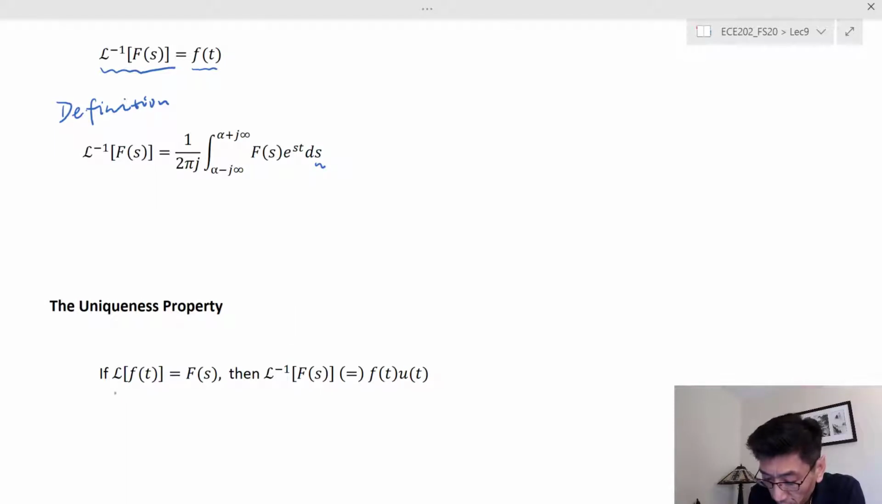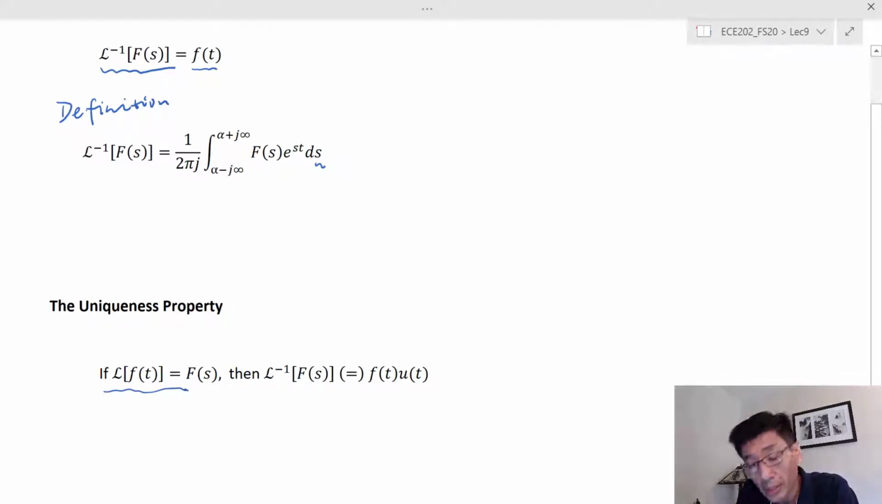The uniqueness property is that if the Laplace transform of f(t) is equal to F(s), then the inverse Laplace transform of F(s) would be almost equal to f(t) u(t). So almost equal. There are some trivial cases if f(t) has a discontinuity somewhere. So it could be